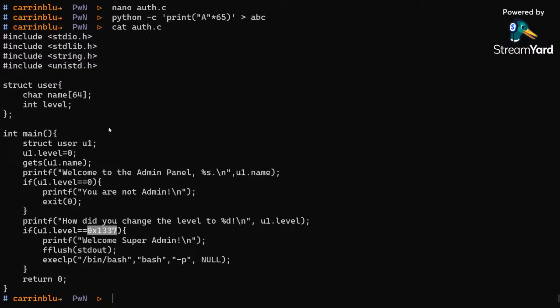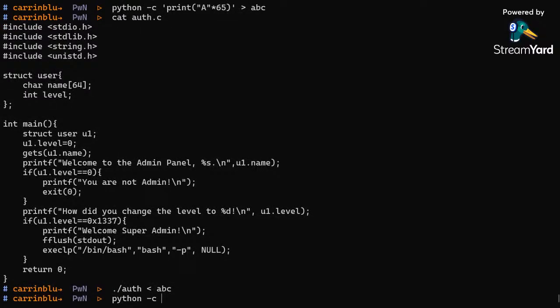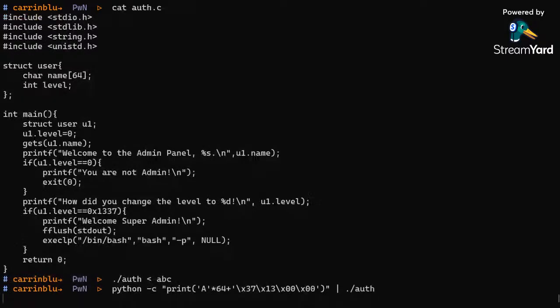लेवल बच रहा है, तो इससे लेवल ओवरफ्लो हो जाएगा। अगर लेवल नेम के ऊपर होता, स्ट्रक्चर में अगर लेवल नेम के ऊपर होता तो वी कुड नॉट हैव डन दिस। ओके, सो ये भी इजी है। लाइक अगर मैं इसको 137 करूँ तो पहले मैं 64 बार ए डाल दिया क्योंकि वो बेसिकली नेम को भर देगा। अब मेरे को वहाँ पे 137 डालना है, ठीक है, तो मैं उसको काइंड ऑफ ऐसे डालूंगा, ठीक है। मैं अब बता रहा हूँ मैं क्यों डाला ऐसे। तो इसको मैं पाइप कर दिया ऑथ में।